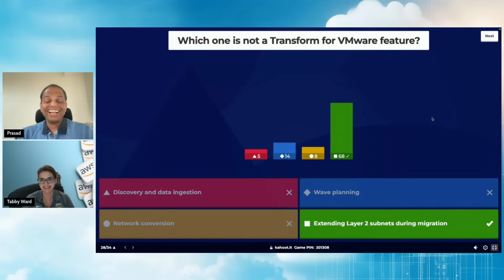Good job. They might have got it by elimination also, because these three were present and this was not. In case you are new to extending layer 2 subnets, do read about it. All of you should know about the OSI layers, right? The 7 layers that you have. So do read about extending layer 2 subnets. That's really important in a lot of cases when you are doing a deep dive networking setup in migrations. At the end, if you have extra time after the demo, I can touch base on it a little bit. But let's go through this.